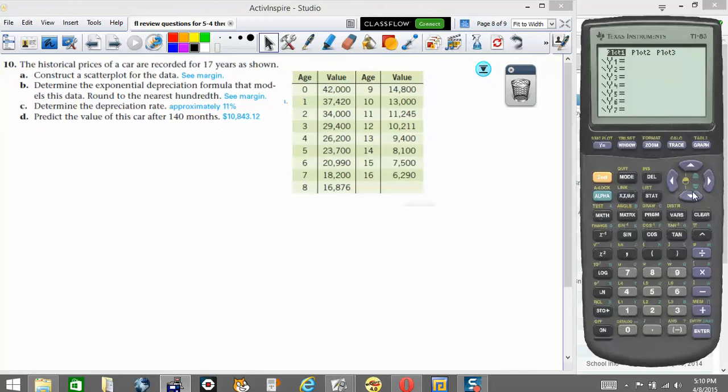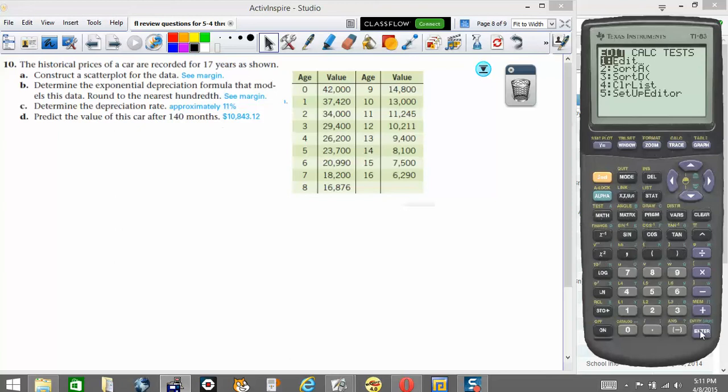If you do see one, for instance, if I had something here like maybe 3x plus 5, you'd want to make sure that you clear that off. You'd want to hit clear to make sure that it was cleared off. So that being said, we are now going to go to stat